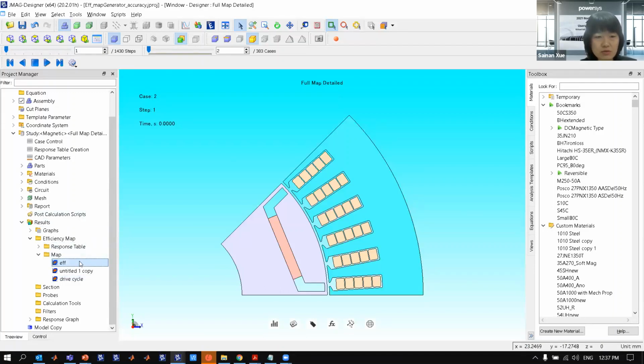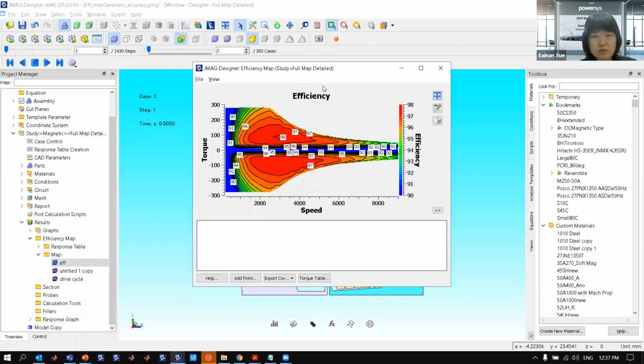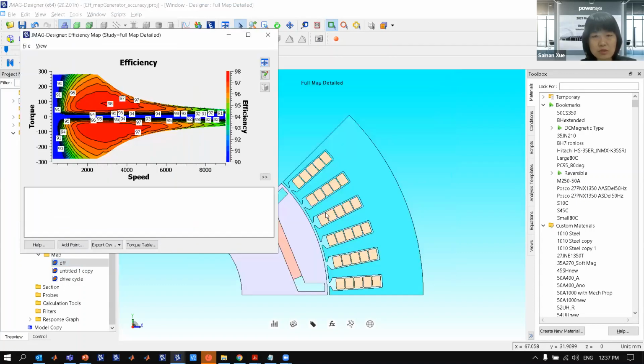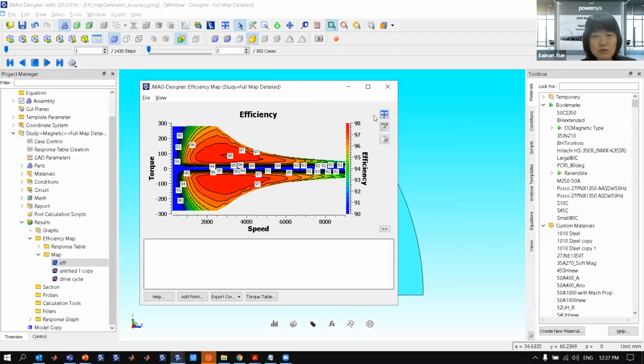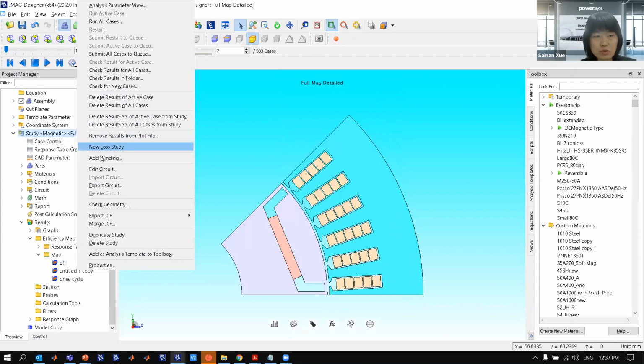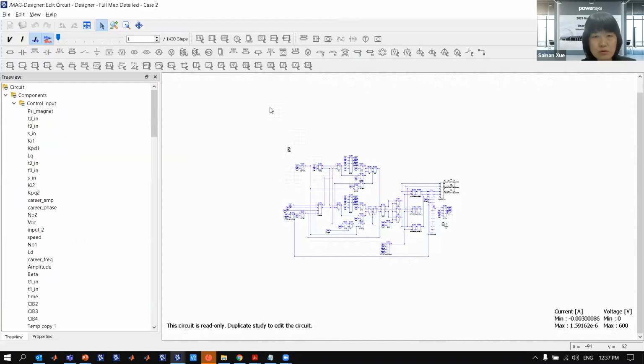It cannot be fit into the demo session. So I only show you the result of the accuracy priority of this machine, the IPM machine with a bar winding. Of course, I considered the control circuit, and that's the efficiency map. Let me show you how